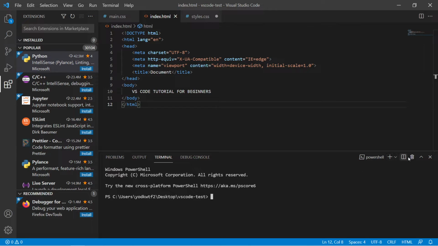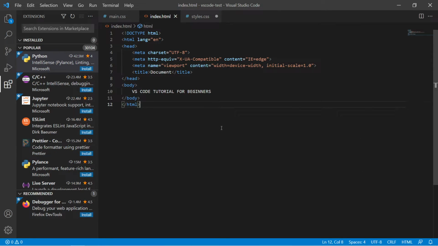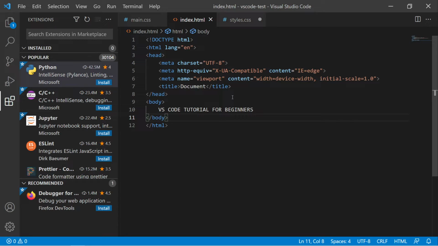And the final thing that I'm going to cover in this video is Emmet. So Emmet is basically an extension that you can install in other text editors, but in VS Code we have Emmet by default. What Emmet helps us to do is create snippets of code by using just simple shortcuts.